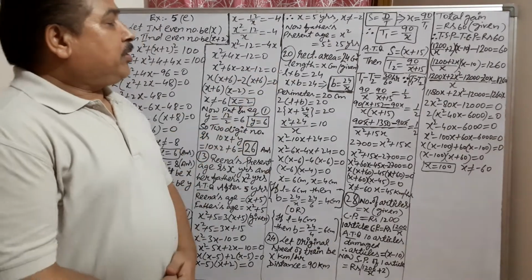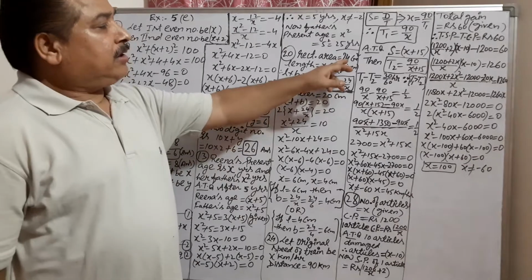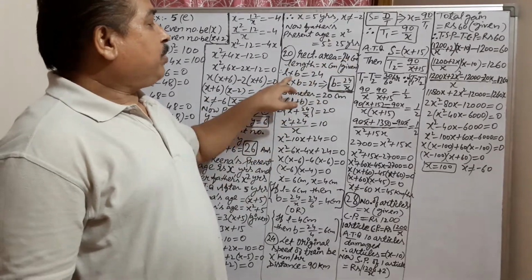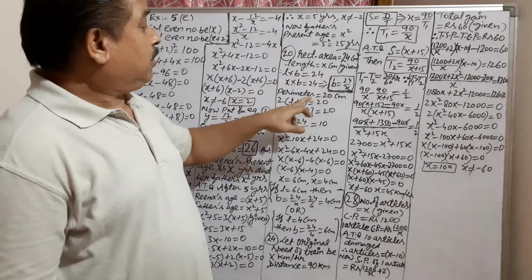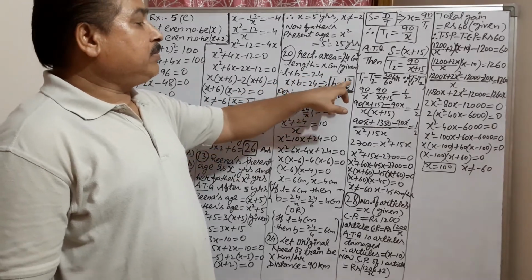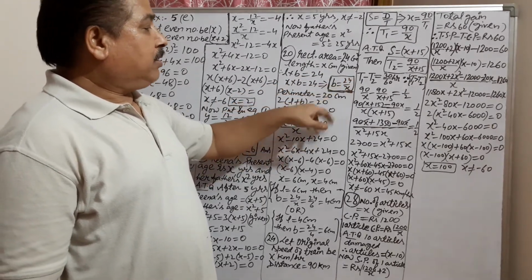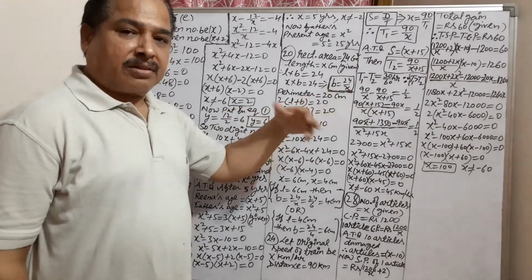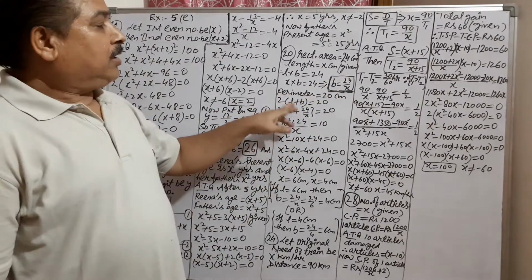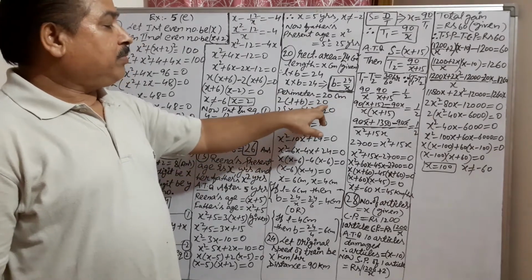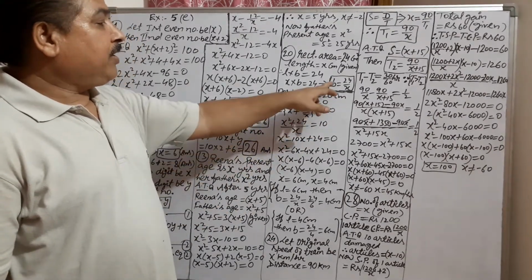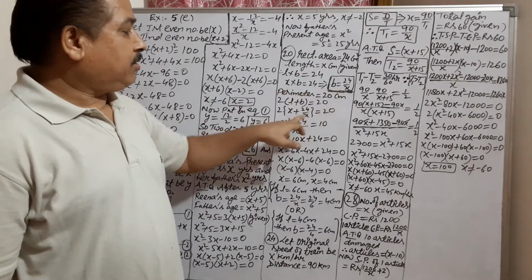Now see question number 20. The rectangle's area is 24. Length into breadth equals 24, using the rectangle area formula. Length is already given as x. Put x here, so breadth will come in the form of x. This is your first answer, as they are asking for breadth in the form of x. Now the perimeter is given as 20. Perimeter formula: 2 times L plus B equals 20. Put the values of length and breadth. Length is x, breadth is here.